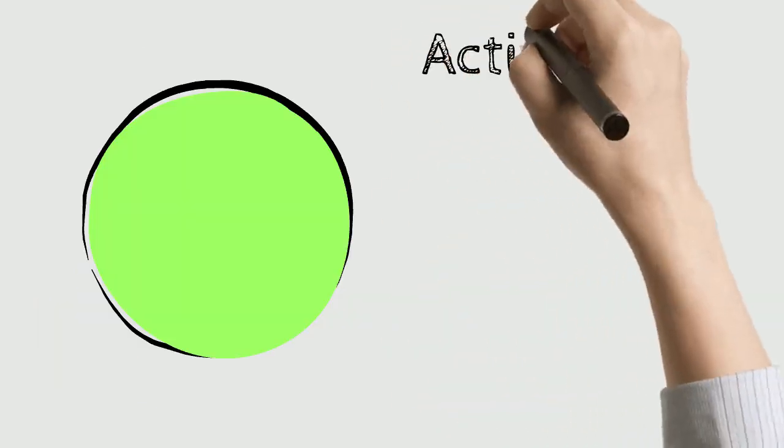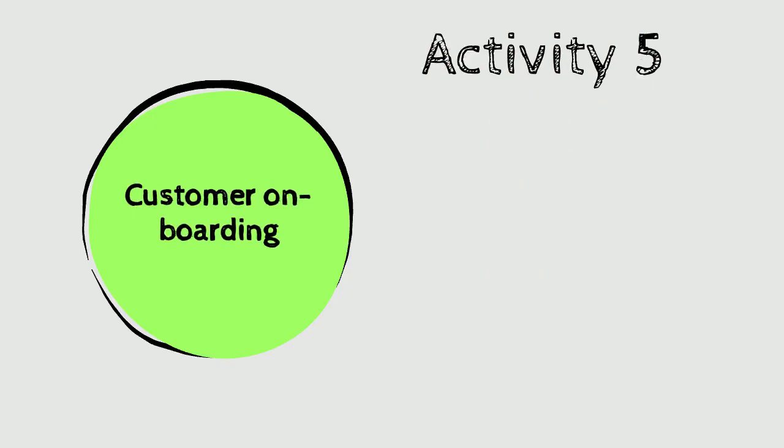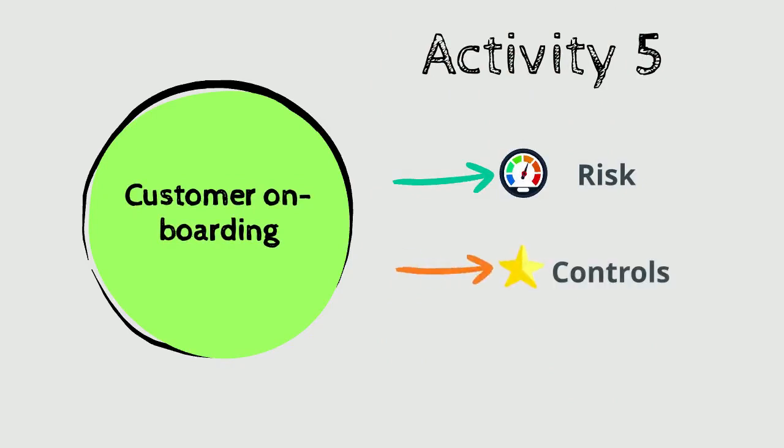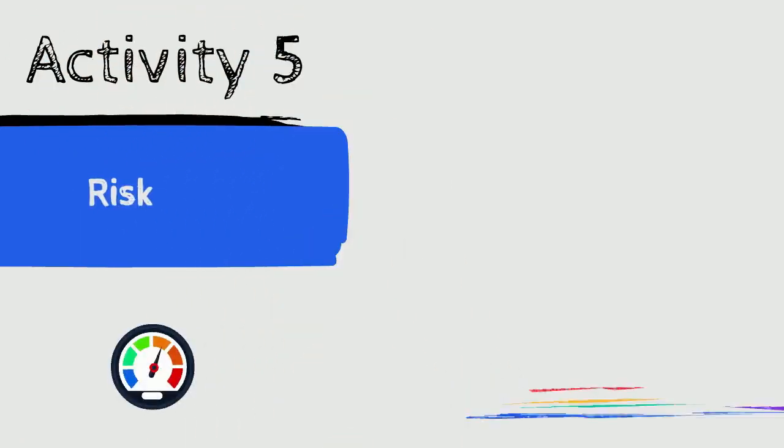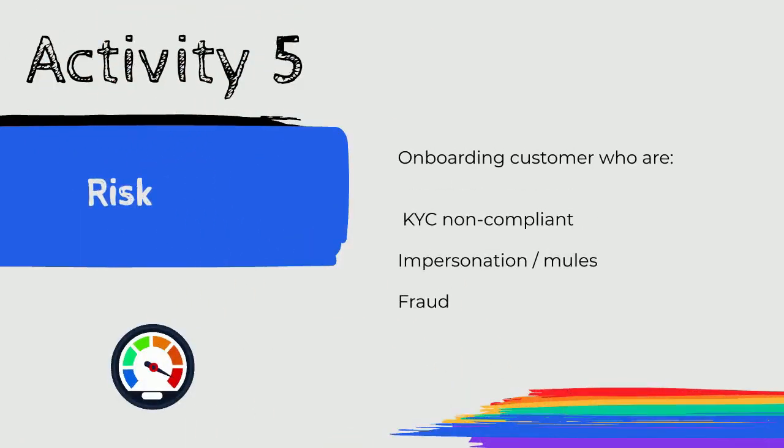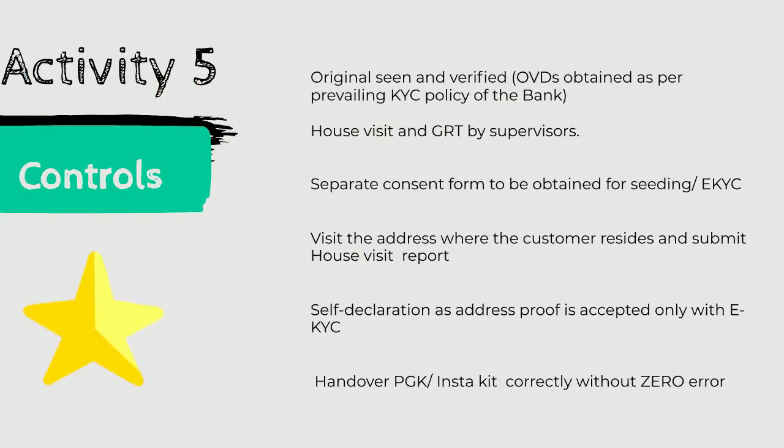The fifth activity is based on the customer onboarding process. Let's find out the risk and control factors involved while onboarding a customer. The risks involved here are onboarding customers who are KYC non-compliant, falls under impersonation or mules, or fraud. The control factors under this activity are original, seen and verified, that is, OVD is obtained as per prevailing KYC